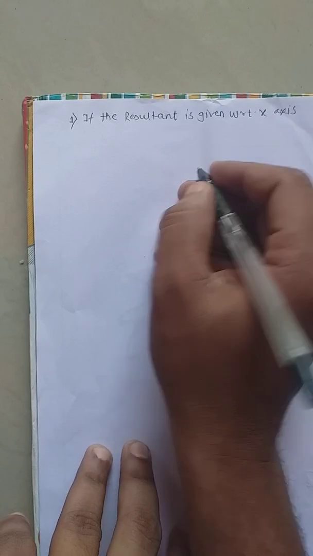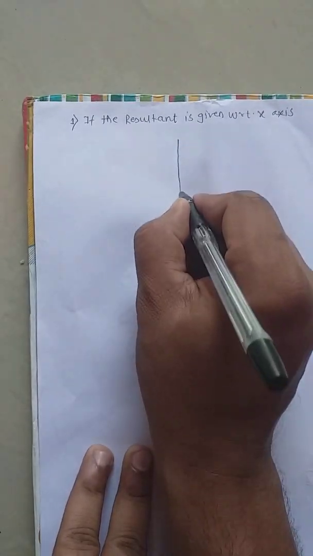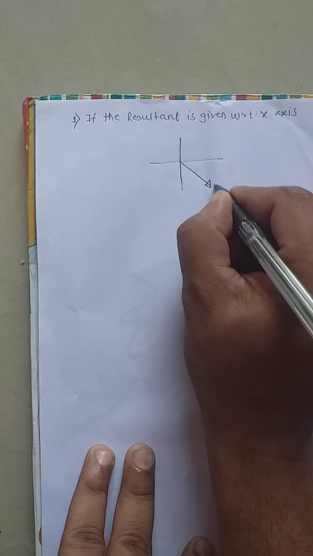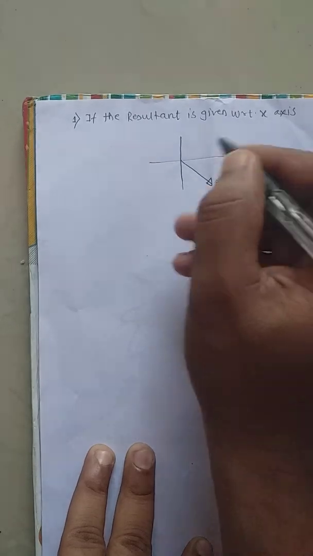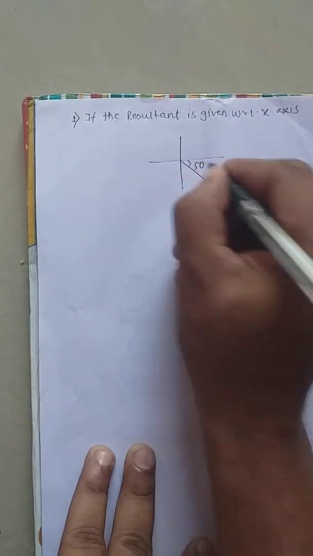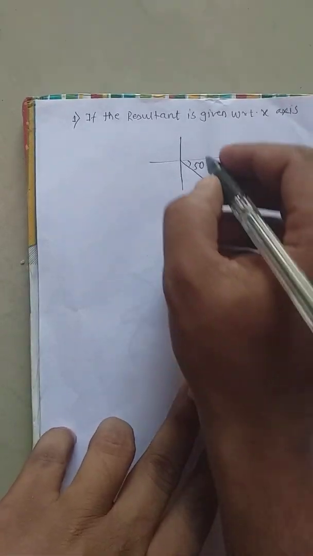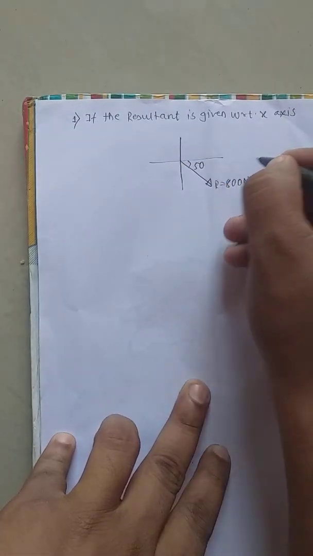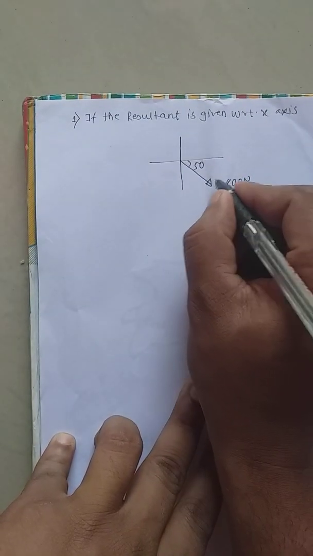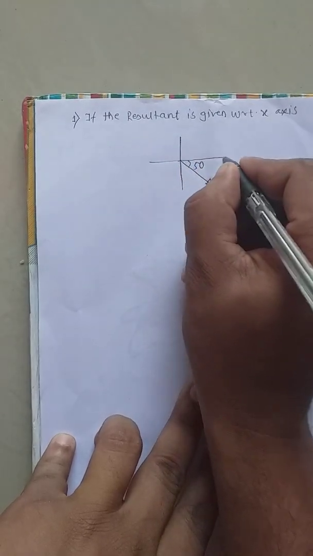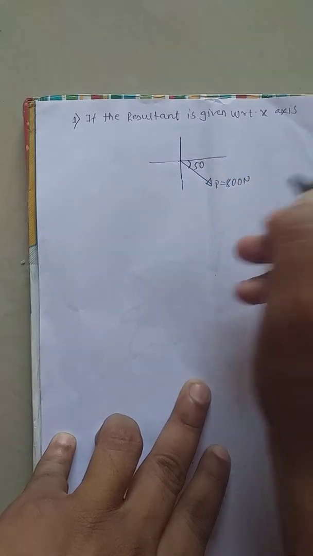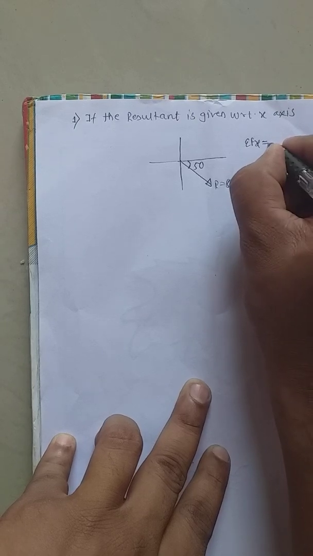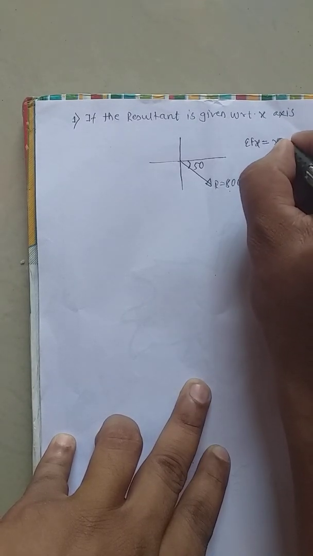How to find out the unknown force, that we have seen. In the last problem solved, the resultant was given in the fourth quadrant. The resultant was 800 Newton and the angle was 50, and we were asked to find the unknown force P or F4 that we have just calculated. If R is given, making an angle theta with respect to x axis, in that case we have considered summation of Fx is equal to the x component of resultant,